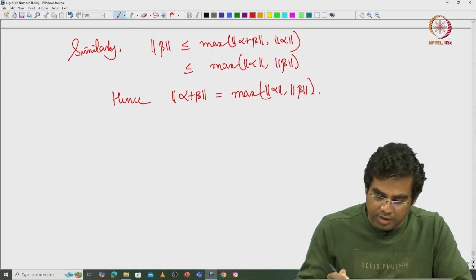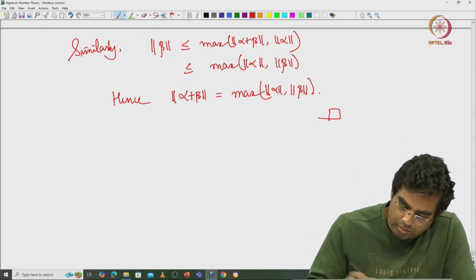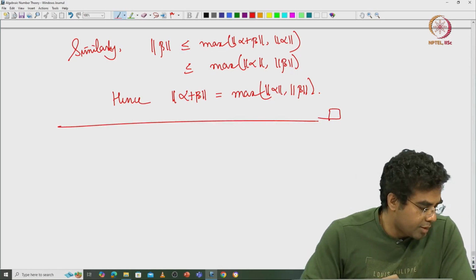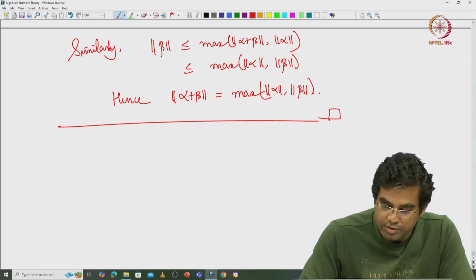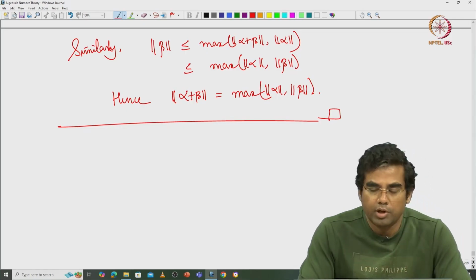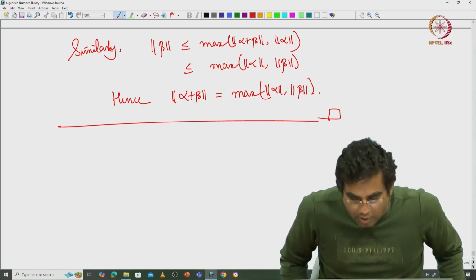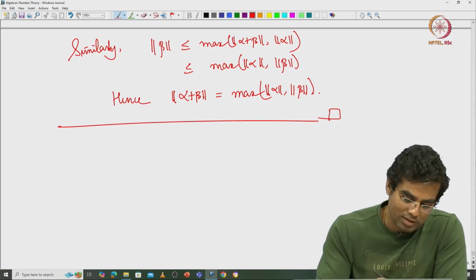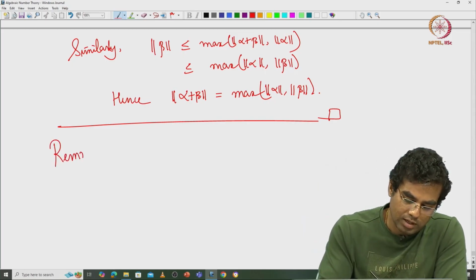Okay. So, this property is called ultrametric, as I said. All right. So that is a very nice property of triangle inequality. One curious fact about this is that